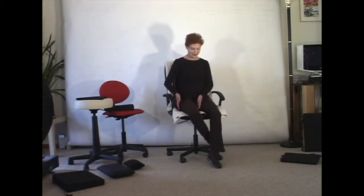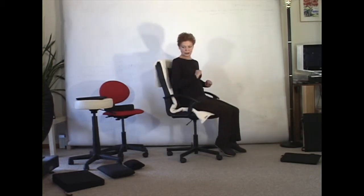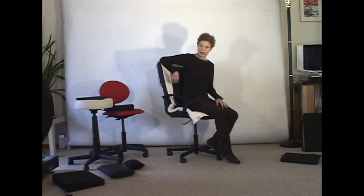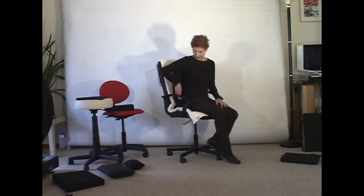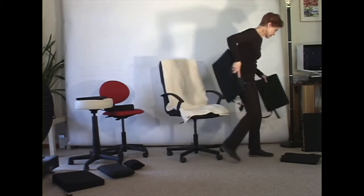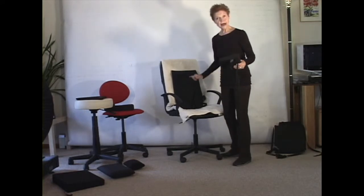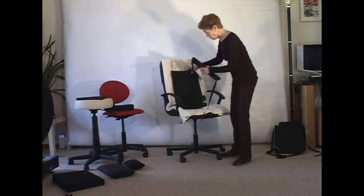Look at the size of the thighs. They're looking rather normal, okay? And you have many options. You have a thin back, a thick back, a standard back, a thin seat, etc. One of the other things that might work for you is a short seat, that is only to fill in that area that's most concave,